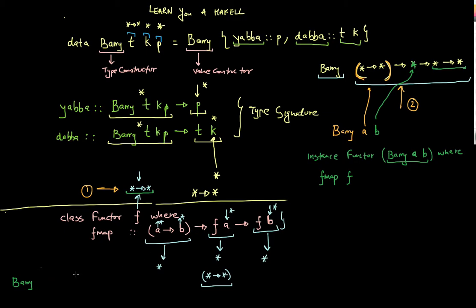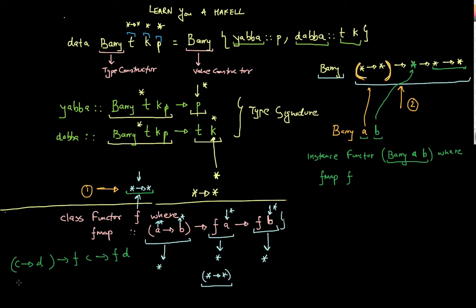And what I'm going to do now is first make this entirely done here. So wherever we see an A in these type signatures, let's make them C, and wherever we see B in these type signatures, let's make them D. Meaning, I'm just going to rewrite this as first thing C to D, followed by f of C followed by f of D. I'm replacing my A's with C's and B's with D's, so that I don't confuse them with this A and this B that I'm about to introduce